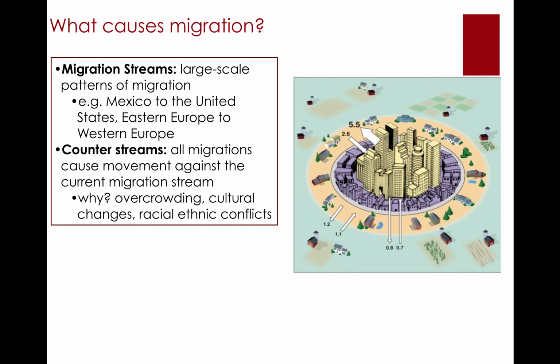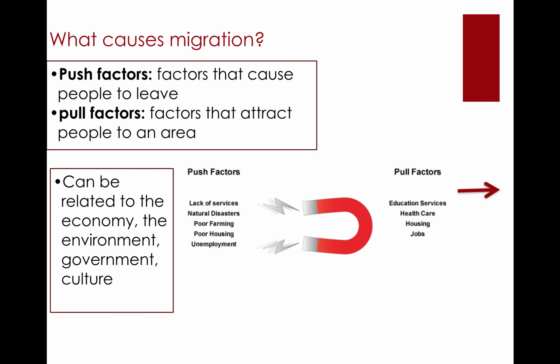There's greater job competition. So all of these, and actually the picture on the right depicts this when we give it to urbanization, that there's a large-scale movement in most developed countries for people to move into cities, to urbanize. But there's also inevitably going to be a counterstream, people who are either forced or choosing to move against the stream and moving out of that particular area. So as I mentioned, all these things, why does that happen? Could be overcrowding, could be people don't appreciate the cultural changes, could be racial or ethnic conflicts. But just use that Newton's law of every action has an equal and opposite reaction to help us understand migration streams and counter streams. So let's talk about why then, what causes net in and out, what causes migration streams.